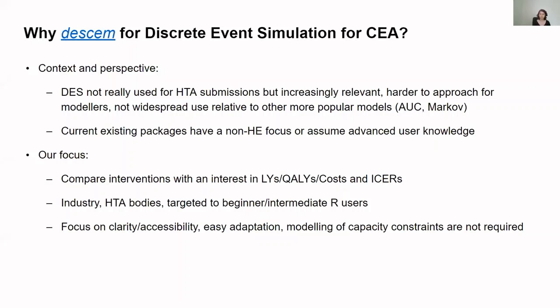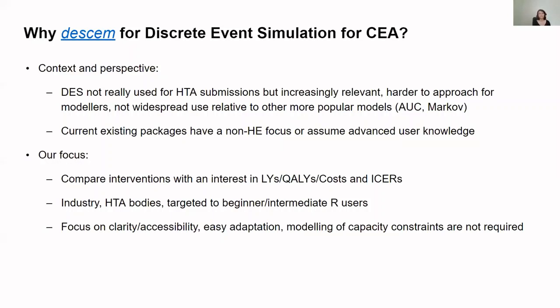At the same time, however, we also saw that discrete event simulation could be increasingly relevant when we think about more complex diseases with heterogeneous populations, more complex treatment pathways, and so on. And one of the key barriers we saw was that it could be difficult for modelers to approach this in R. So we had a look at existing packages